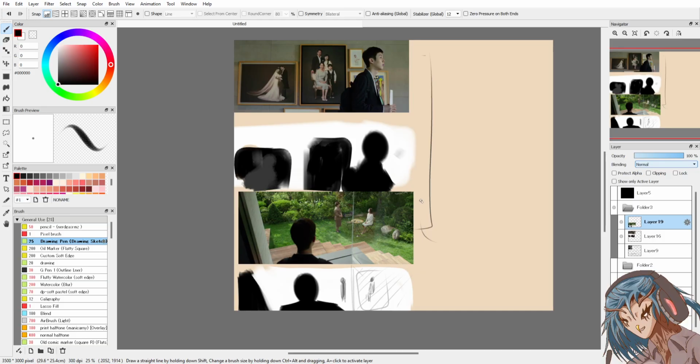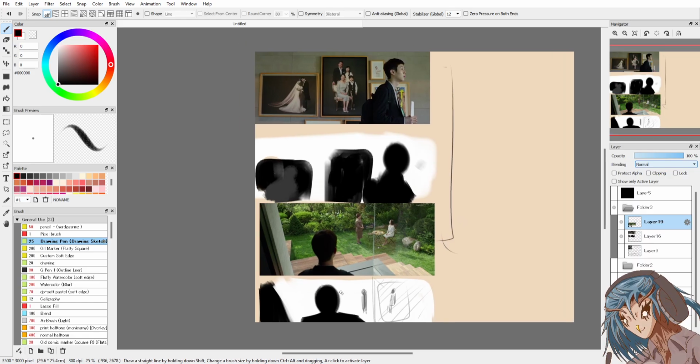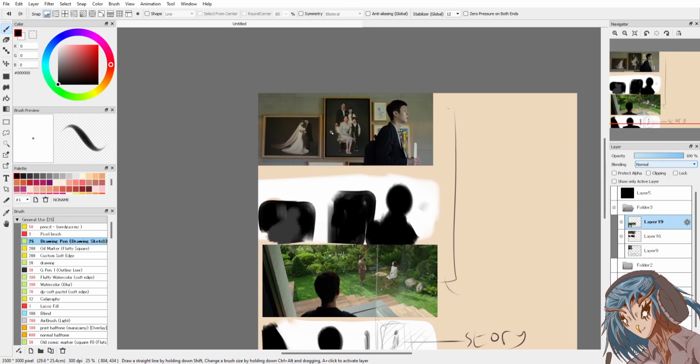Everything has been leading up to the juice. This character is our entry into the story. That's what she represents. But before we've even met her, we know everything we need to know.